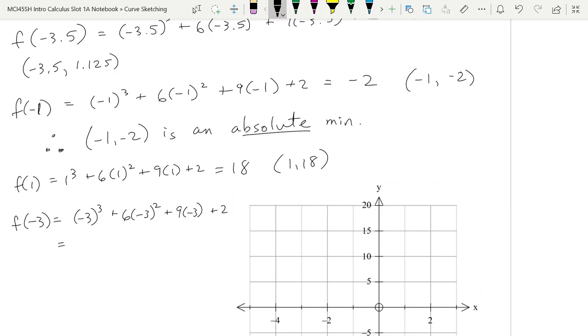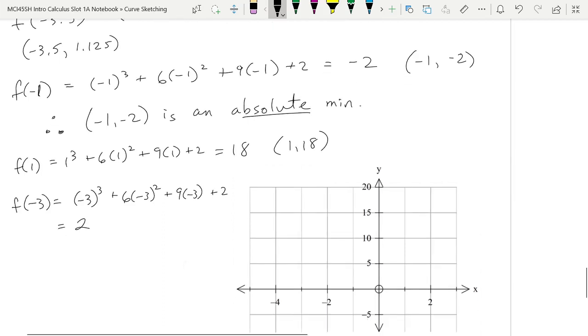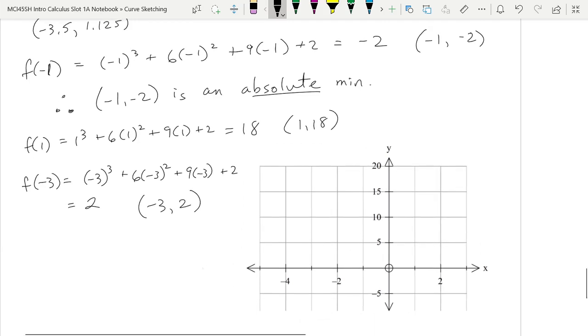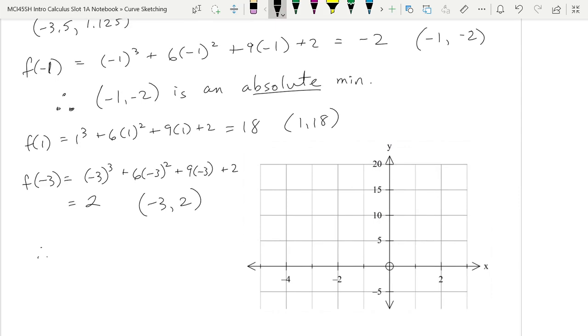That's negative 27, that's negative 27, and that's positive 54. So all that cancels, so the answer is actually 2. So the local maximum was a maximum of 2 units high. Meanwhile, the endpoint's 18 units high. Therefore, the critical value, negative 3, 2, is only a local max,